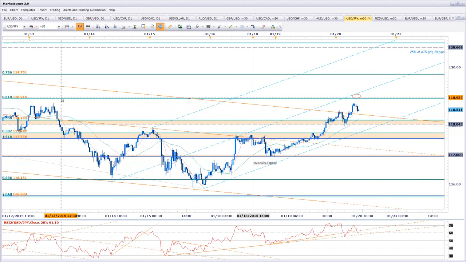We talked about 118.91 being the level at which long sides are at risk. That's backed by the median line of the current operative ascending pitchfork formation. You're getting divergence into the highs, price action making a higher high, the oscillator making a lower high. So now I'm starting to look for short entries, but I still haven't gotten a trigger, and I still